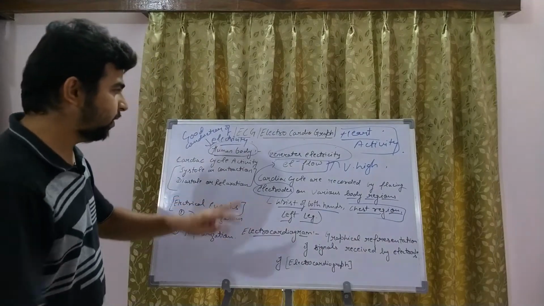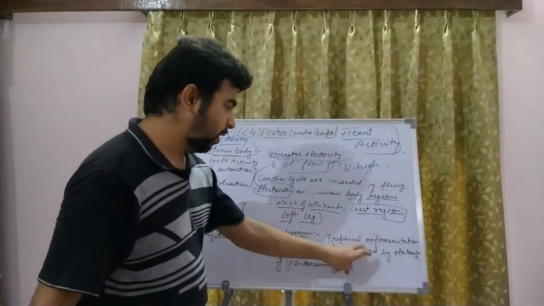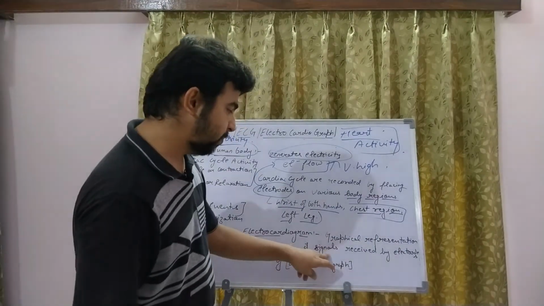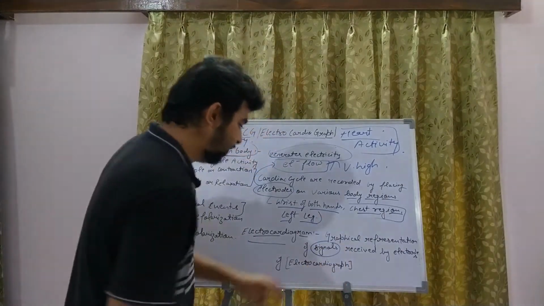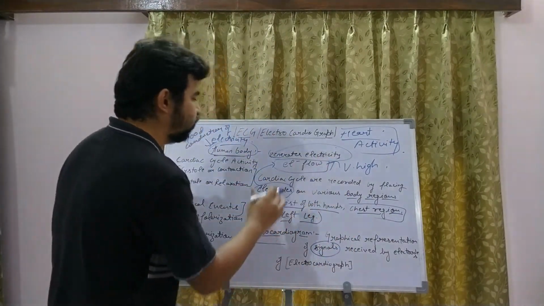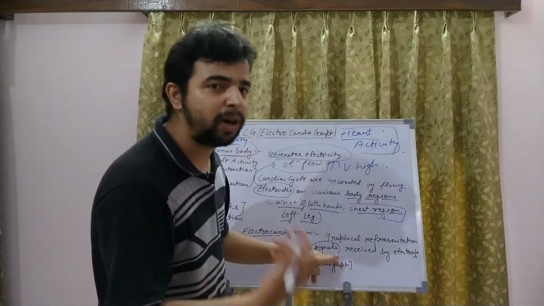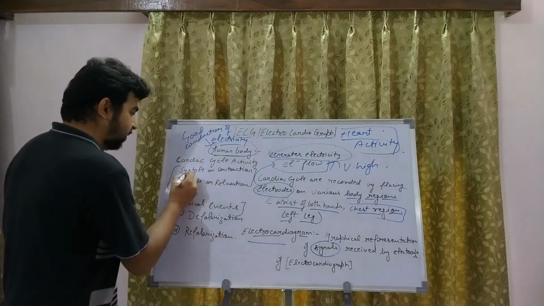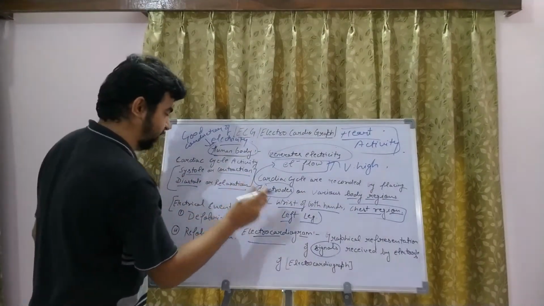So basically the graphical representation is known as the electrocardiogram. It is the graphical representation of signals, the signals which are received by the electrodes. So what are the signals? Signals is the term used for the activity of the heart, and the heart activity is systole and diastole, basically contraction and relaxation.